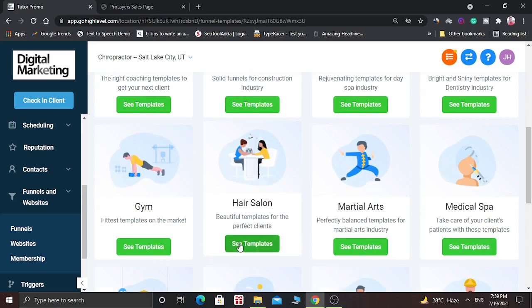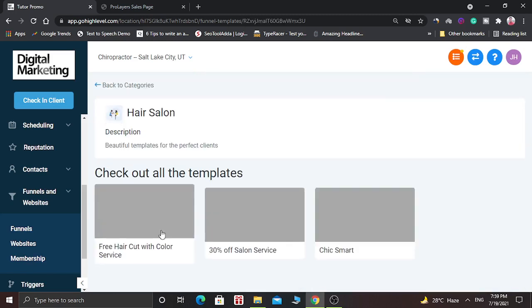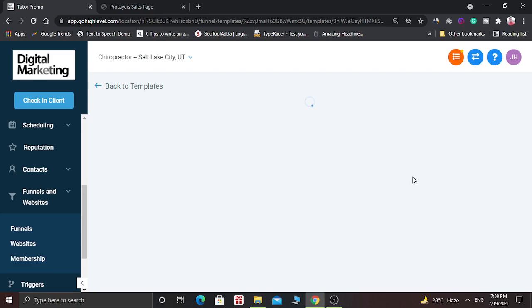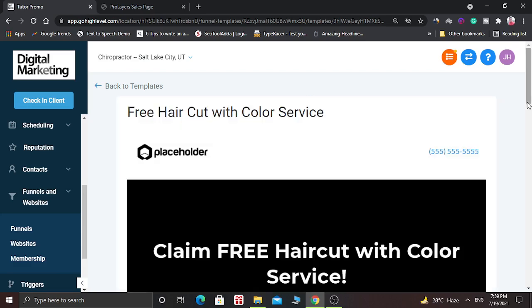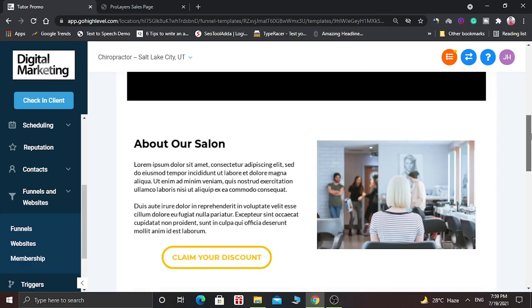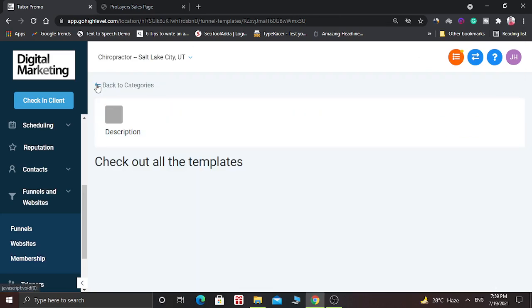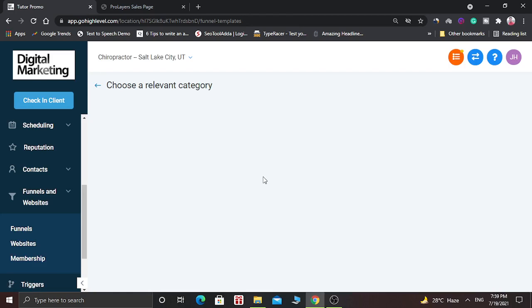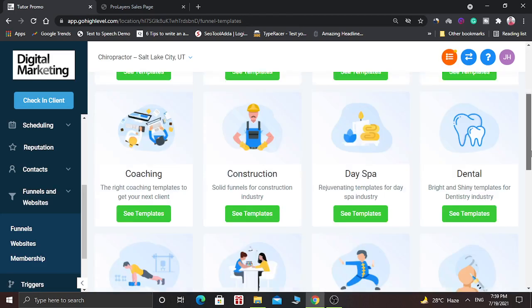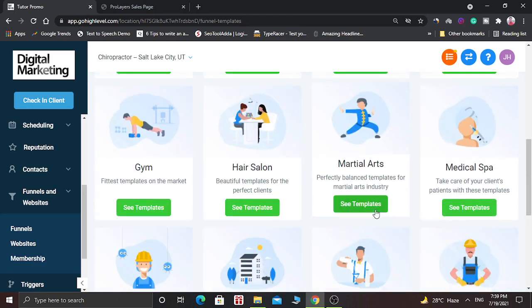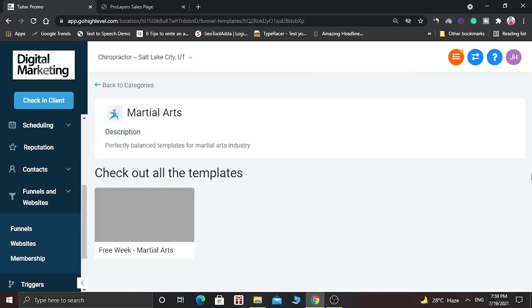Here is a template for hair salon. Here also 3 templates are available. You can use any of them. Here is the template for martial arts.